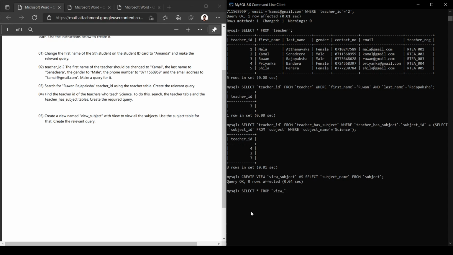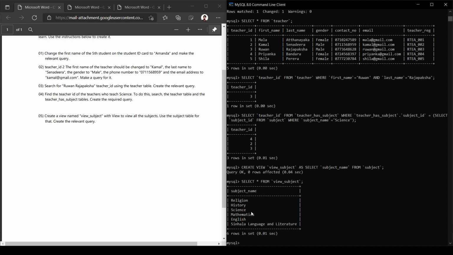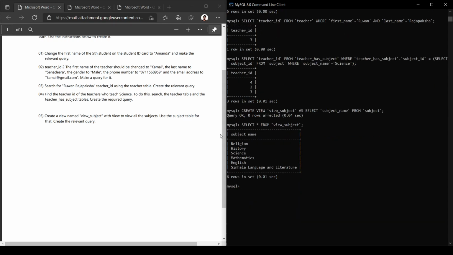So if our view is created, it will output the names of all the subjects in the subject table. Okay, here you can see this is the output of the view subject table, and these are all the names of subjects, and that means we created our view.